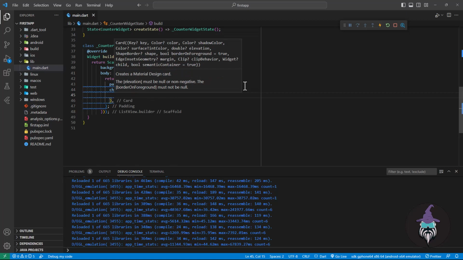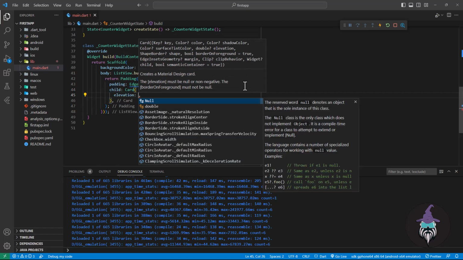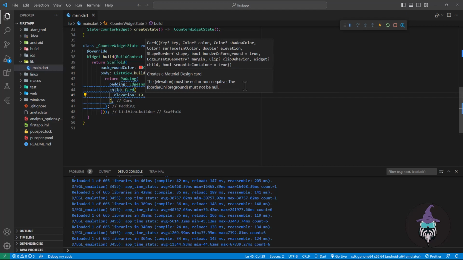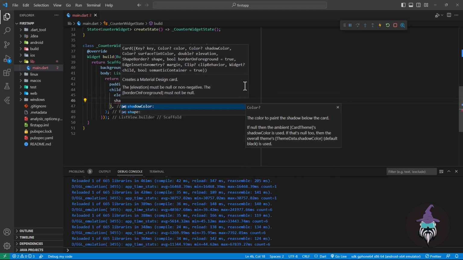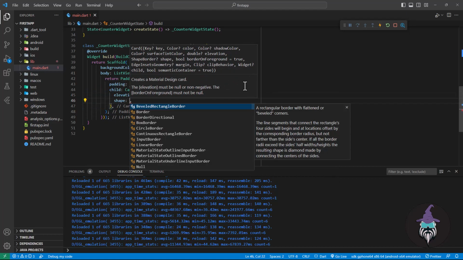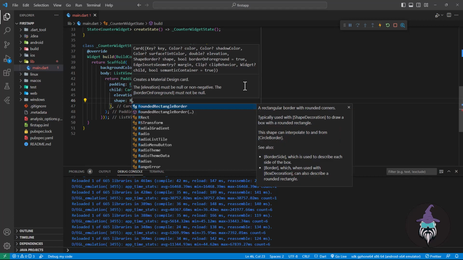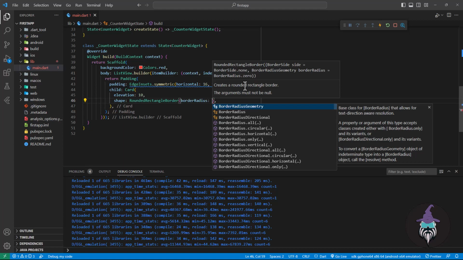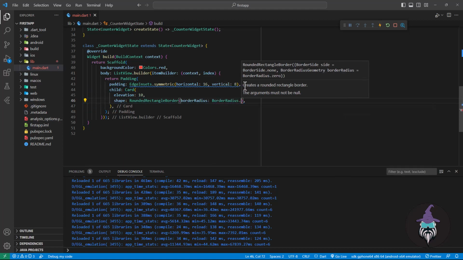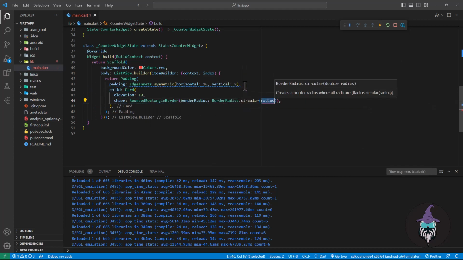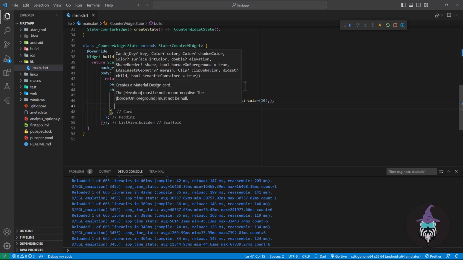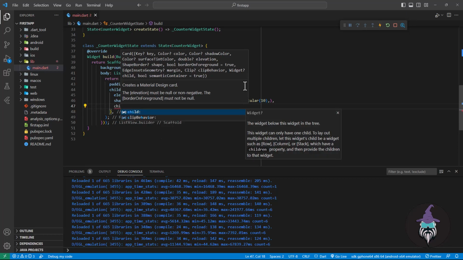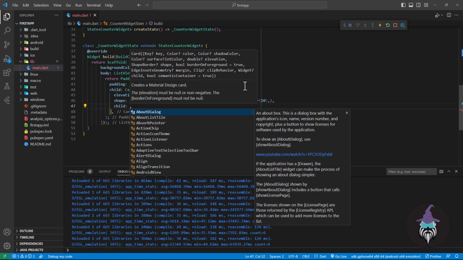Inside the card we will have an elevation of, let's say, 10, and the shape will be RoundedRectangleBorder with a borderRadius dot circular and 10. And the child will be a ListTile,